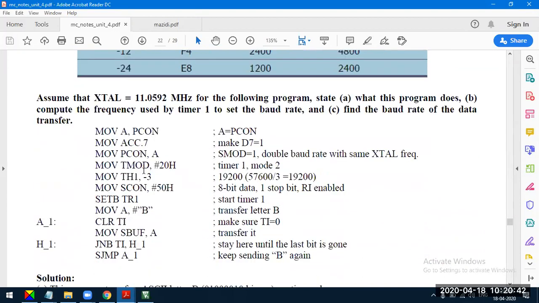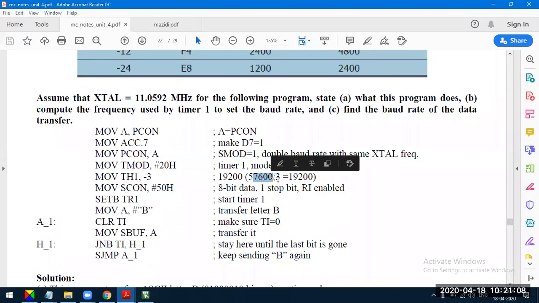We'll look into a simple program, guys. We're going to double the baud rate using the crystal frequency 11.0592 megahertz. In this case, the baud rate used is 19,200, but the basic frequency is 57,600.